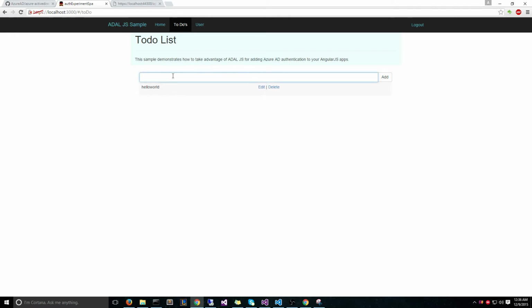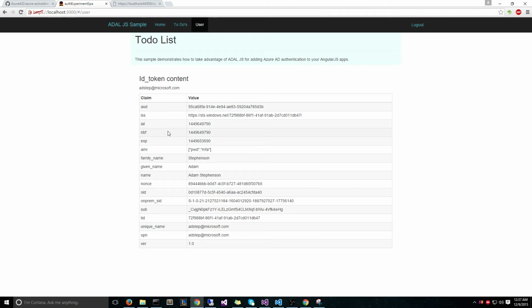So right now I can add maybe other to-dos. I can edit them, and then I can delete them. In addition to this page, once a user has logged in, we can recognize that and allow them to navigate over to some user details. And so these are some details that represent me in that Azure Active Directory. Yeah, essentially. So now if I log out,